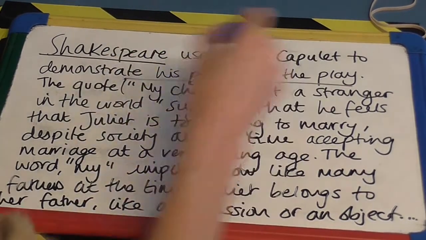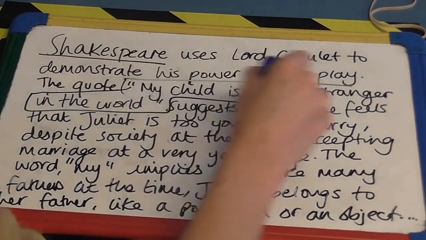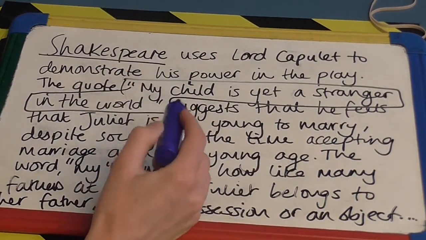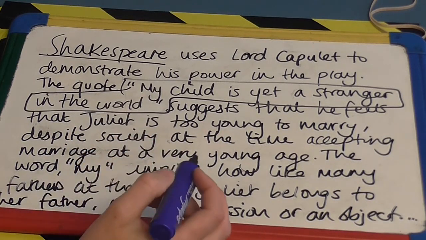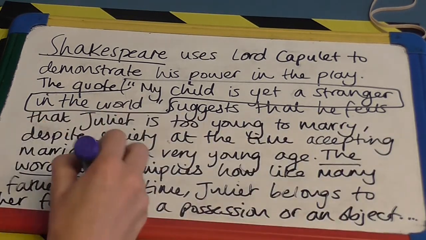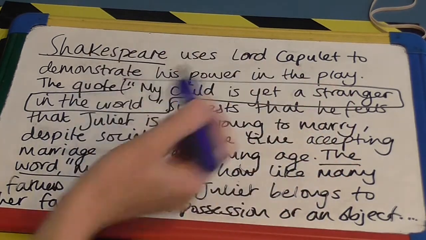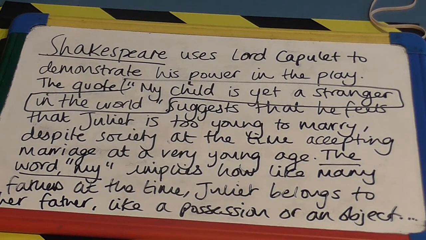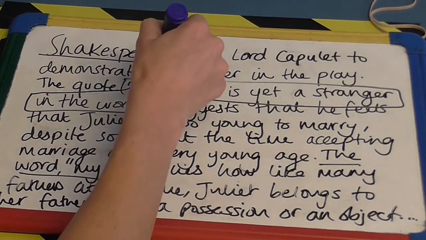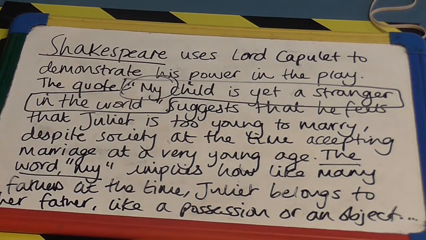Once you've got your quote, make sure that you explain overall what the quote's trying to say, but then you also need to unpick it further. So you're looking to draw out other words from that quote. Say, for example, here I have, "my child is yet a stranger in the world." I haven't finished this paragraph yet because I don't have the room, but I would unpick "my",